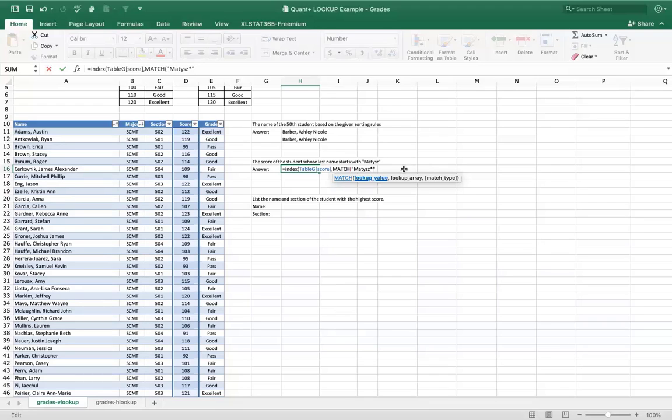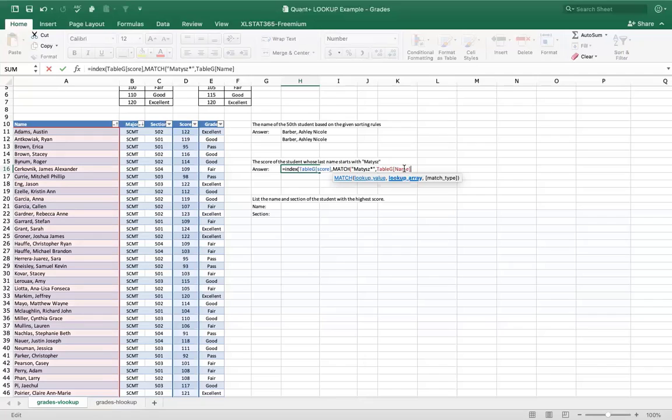Sorry, so we want Excel to look for names that start with Matisse. We're not looking for those whose last name is just Matisse. Like, for all we know, someone could have a last name that starts with Matisse and have other letters in their name. So there could be multiple names on this list that have Matisse in their last name. So we're adding an asterisk to make sure Excel is looking for all those values. So Matisse, asterisk, quotation mark, table G, and brackets, name,